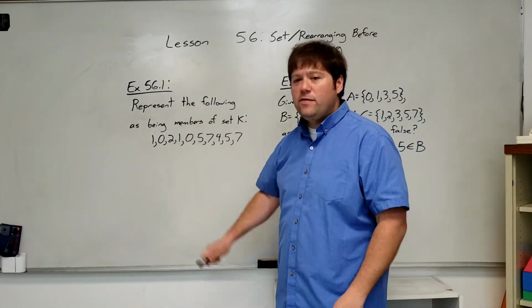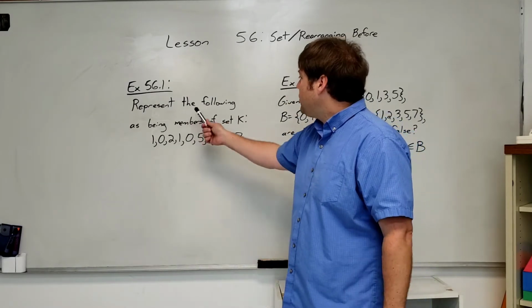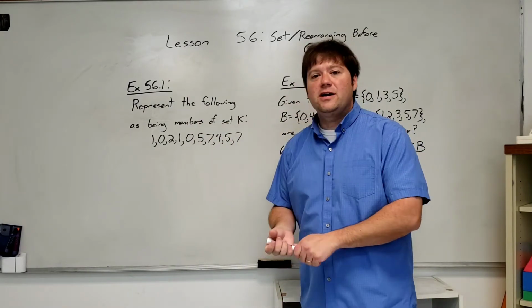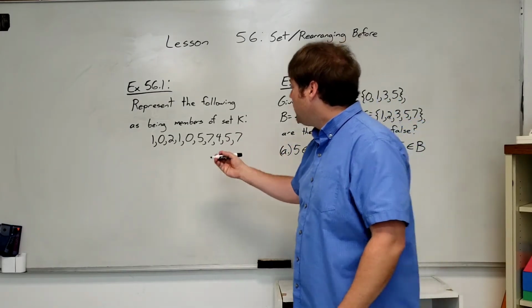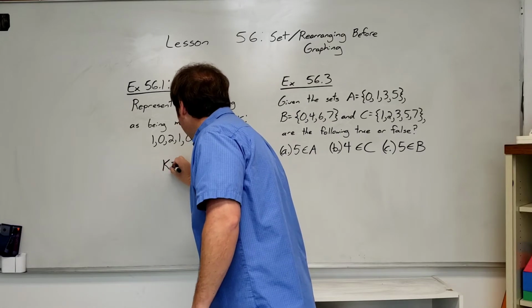Then they have membership within a set. That's really what example 56.1 is about. It says represent the following as being members of set K. It doesn't get much easier than this, okay? So for set K, we would write K equals,